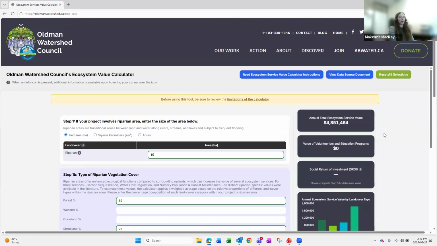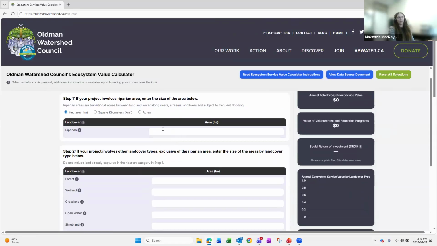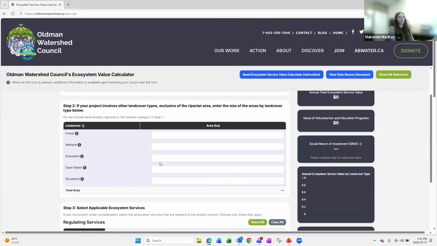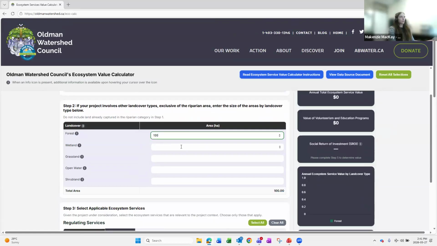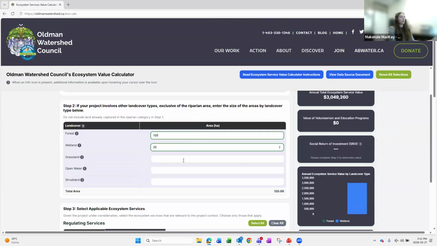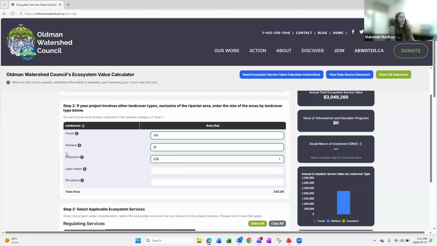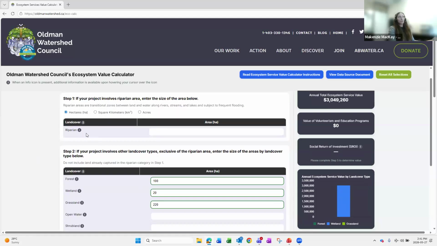I am going to do my rural example with wetlands. So I'm just going to click reset all selections. That deletes everything for me, so I don't have to worry about that. And I'm going to proceed with my rural example. So this one is also in hectares. In this case, I have 100 hectares of forest, 20 of wetlands, and 220 of grassland. I don't have any riparian in this example, so I'm leaving that blank, and I'm not getting any error messages,